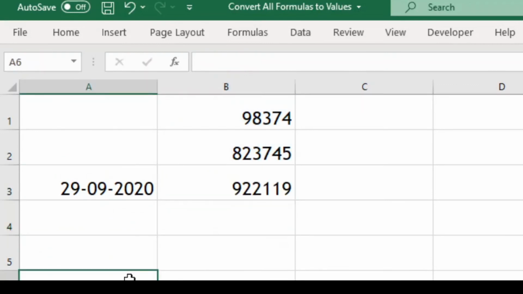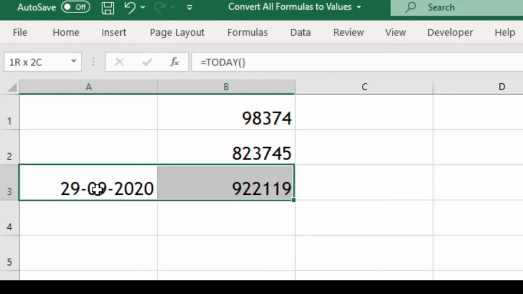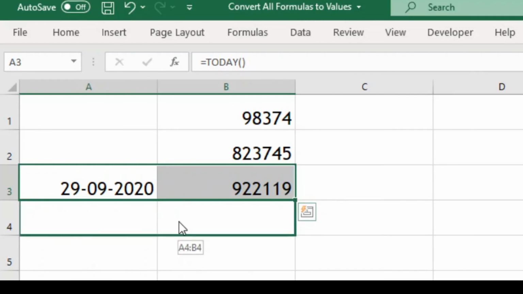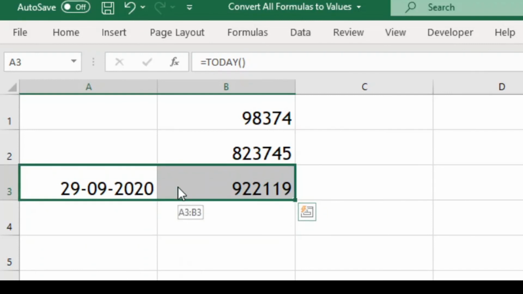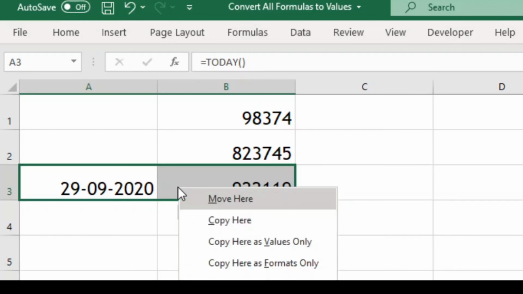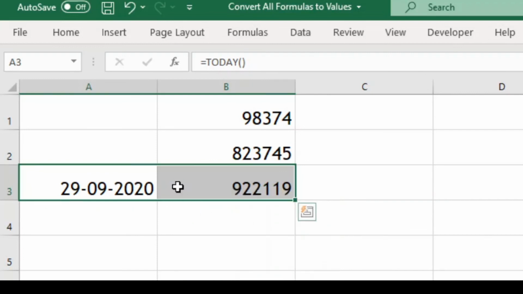The fourth way of doing this is with the mouse. First select both these formulas, then move the mouse to the border of the cell. When the icon changes to the icon of 4 arrows, right click the mouse and move to the neighboring cells and get back to the same cells again, and then release the right click button. A menu will pop up. Select the third option in the menu, copy here as values, and we are done.